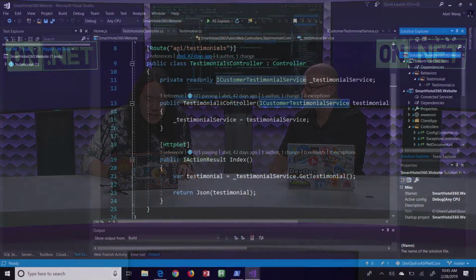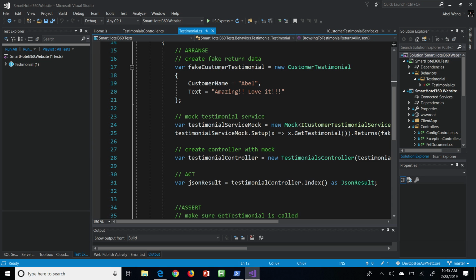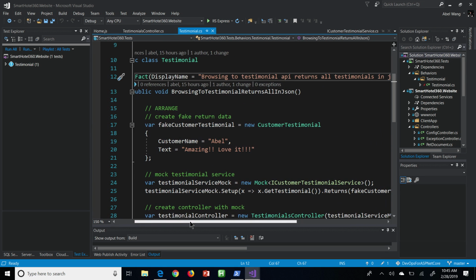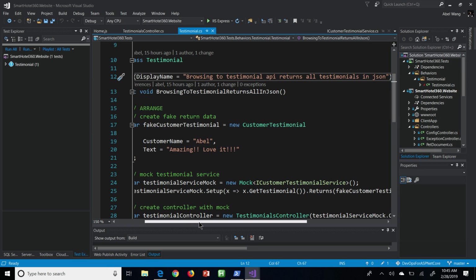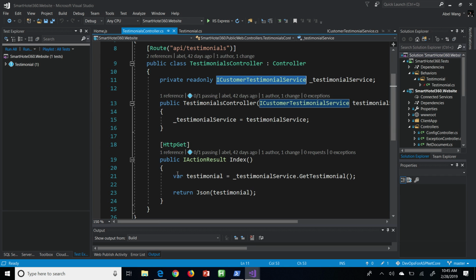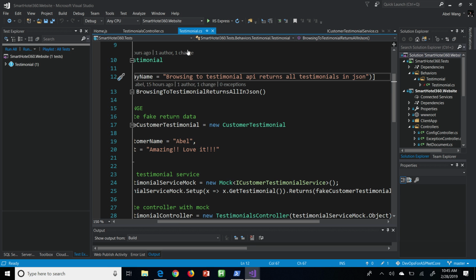So if I look at my test, it's pretty simple. My idea is if I browse to the testimonial API, let's go ahead and return all the testimonials in a JSON format. So if you look at my index, that's exactly what it does, right? I hit this API, and it's going to return me back all my testimonials. Okay. So when I write my unit test,